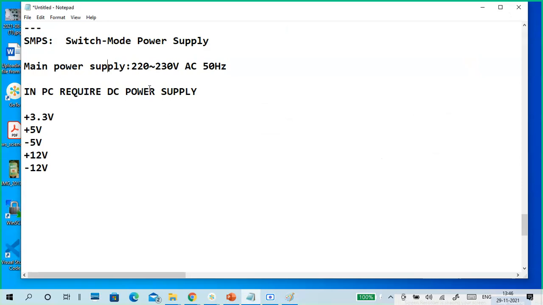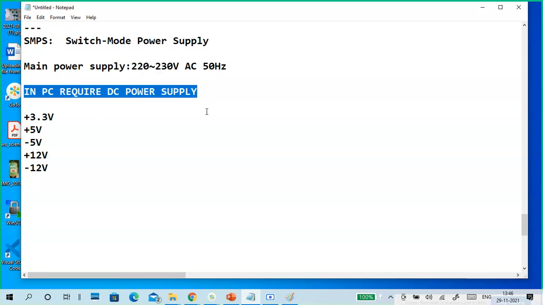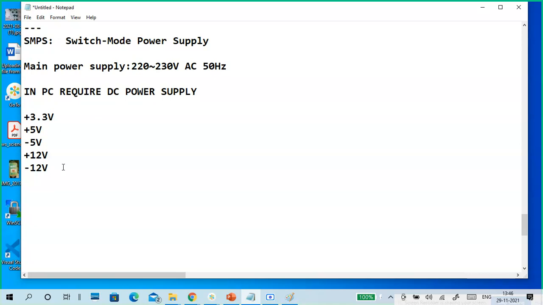So the main supply is AC supply, 50 hertz frequency. This is the main outside supply, and your output from the SMPS is this one. SMPS output is also the same thing.